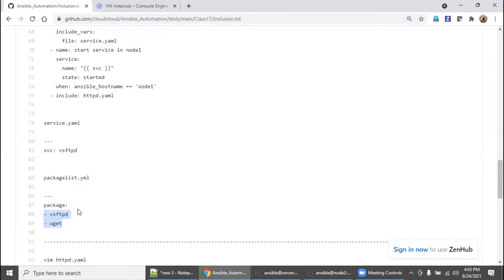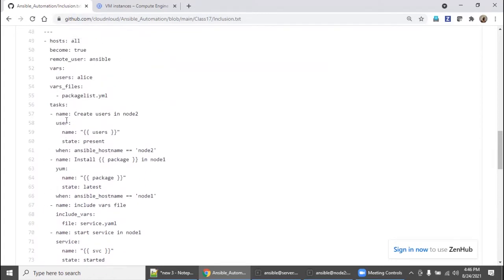If you have a set of web servers, you install specific packages. Whenever you install an application server or DB servers, or your project-specific servers, I'm sure you will have some standard packages. Those kinds of scenarios, this will be very useful. So define all the required packages in one file called package_list.yaml.